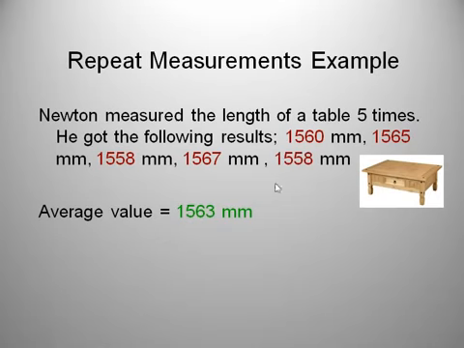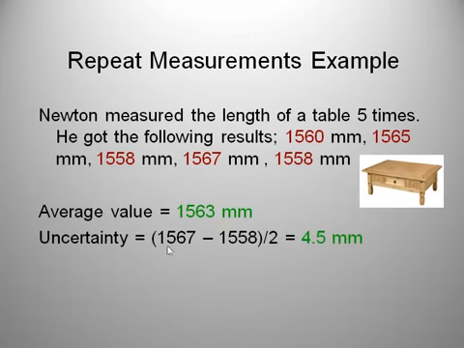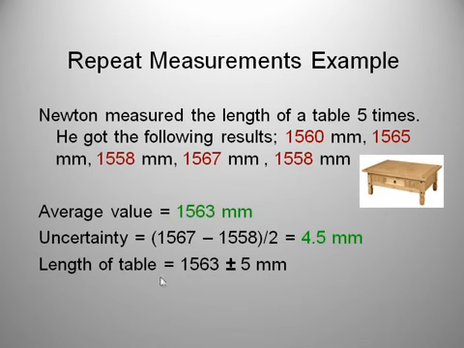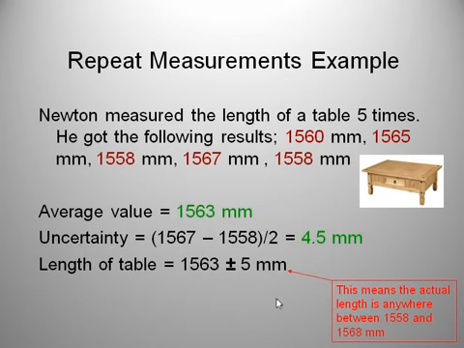The uncertainty is we need to find the range, so we need to find the maximum. 67 looks like the biggest, and the smallest is 58. So we would subtract those two, find that range, divide by 2, and you get 4.5 millimeters. So we report the length of the table to be our average, 1563, plus or minus, remember we must have one significant figure here, 5 millimeters. So this means that the true result could be anywhere within that range of 1558